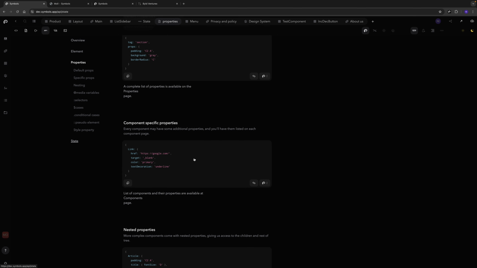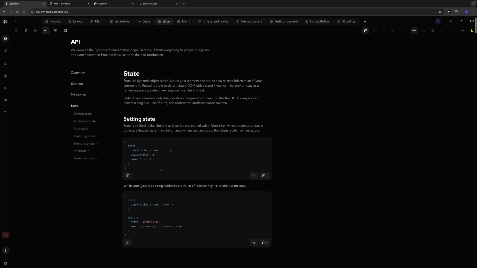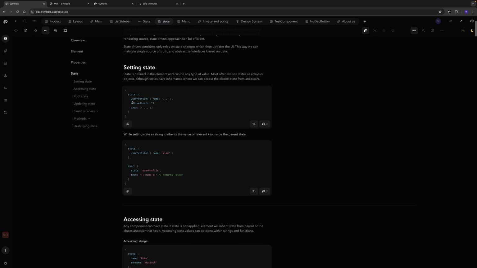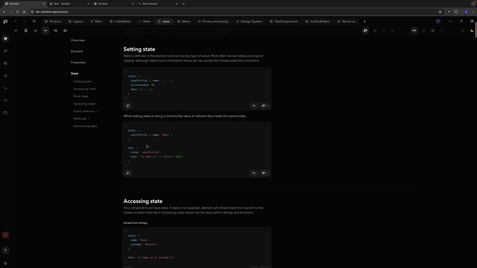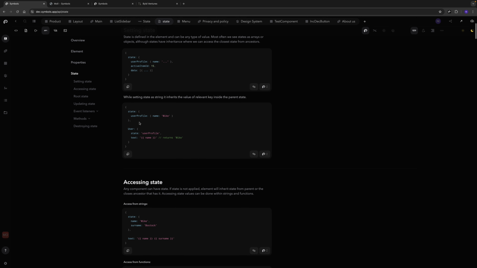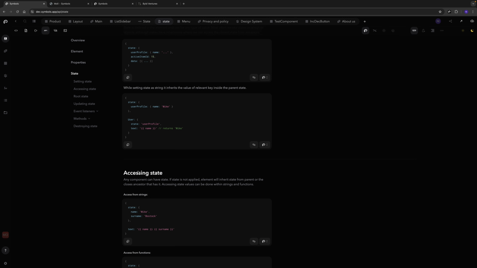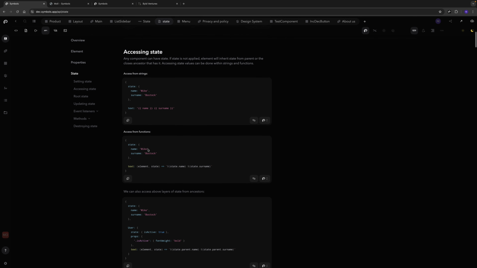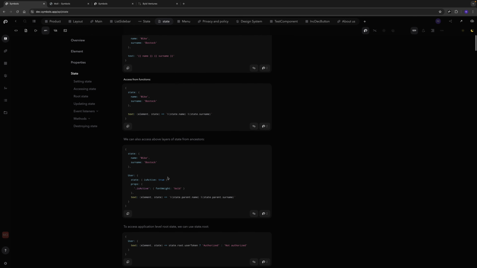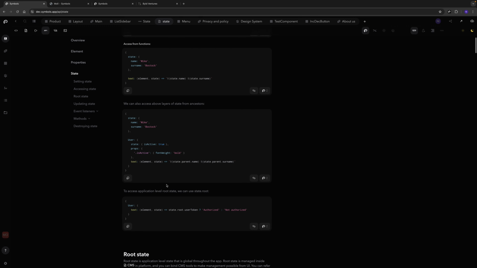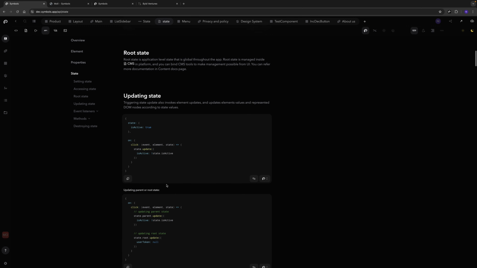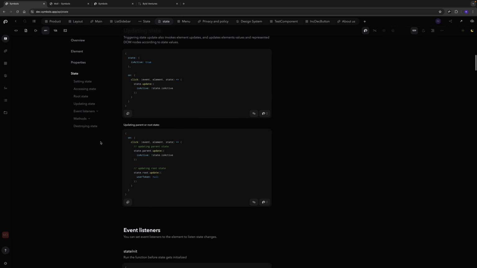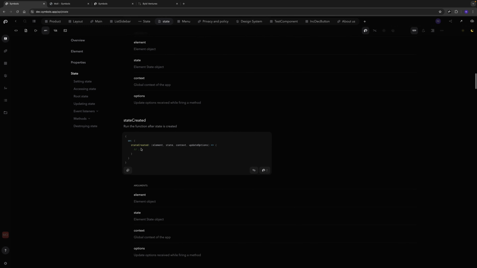Cool. And the state is how we use, manage, and store the data. It's quite easy also. You can store the object on state, and usually we have state-driven apps. We believe it's the primary way of using it. State updates or changes also change the UI and elements. So it's a single source of truth, and on the state page you can see all other ways of using it and